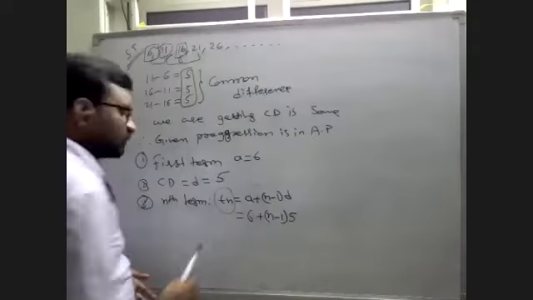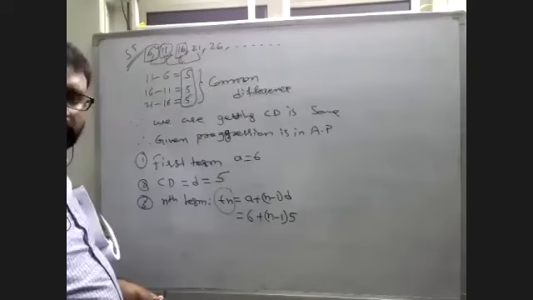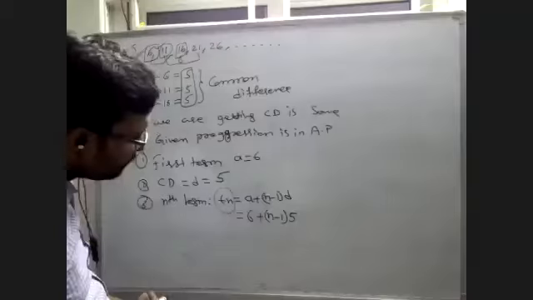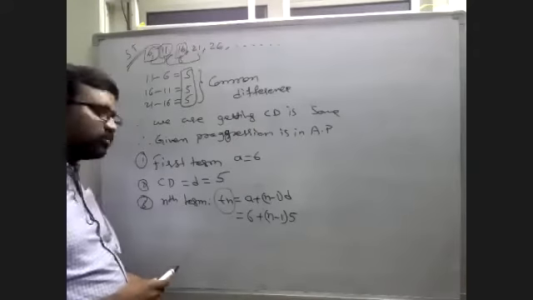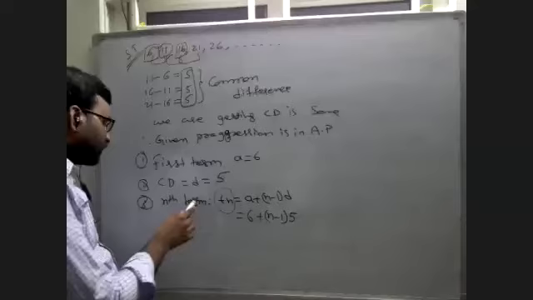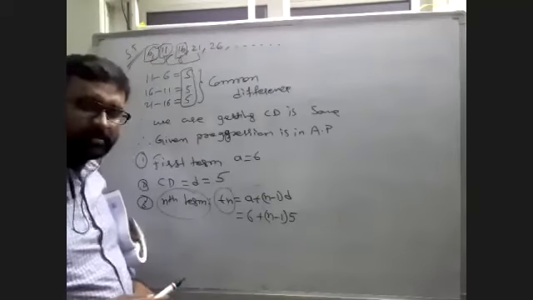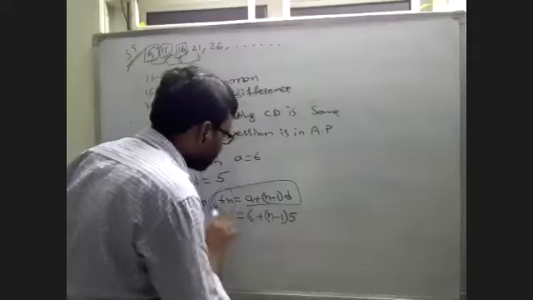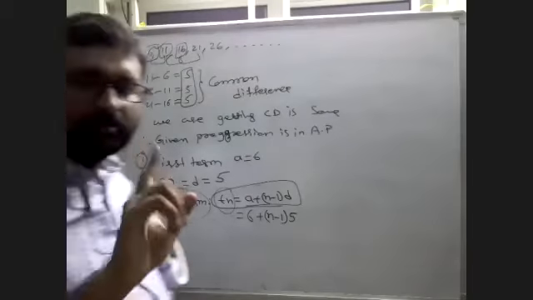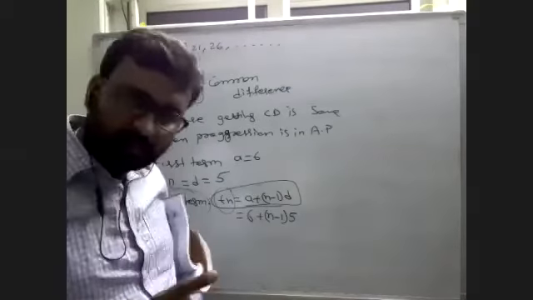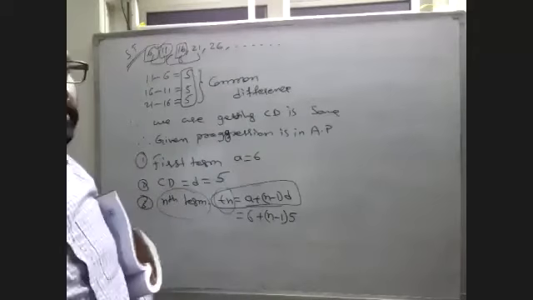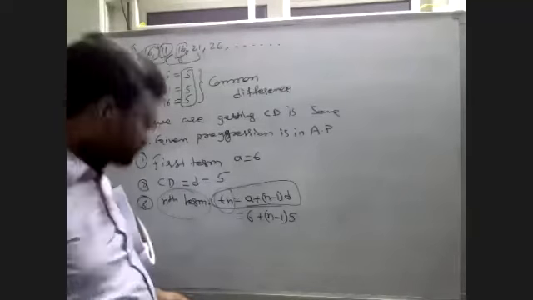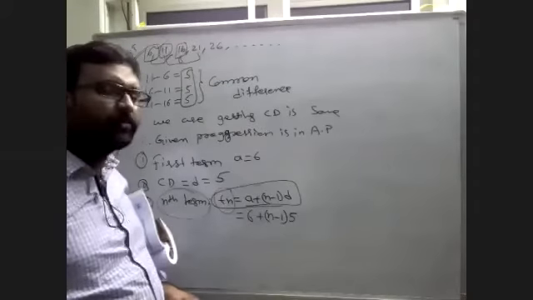What is this I am asking? The term n, sir. No, don't say like that, it is term T. Yes, sir, the nth term. What is the nth term formula? Tn is equal to a plus (n minus 1) into d. Yeah, you have to say it like that, always remember, okay?